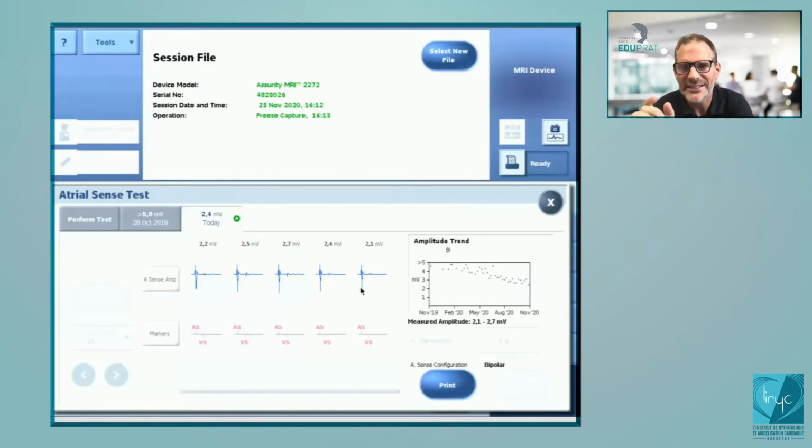You see that with Abbott devices, there are many EGMs. This one, you cannot disable it. You will have systematically the EGM of the last test for the sensing. So this is the one performed the day before, and you can see exactly the signal. So you see here, it's pretty stable, and the mean value is 2.4. So if you show it for the ventricle now,